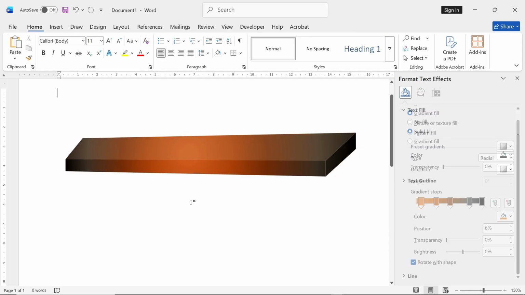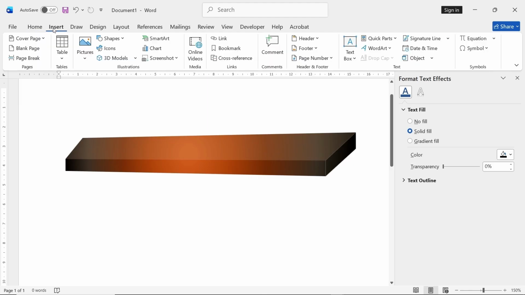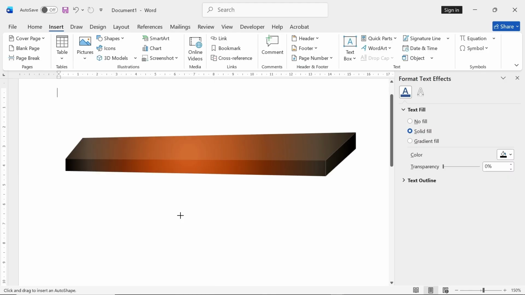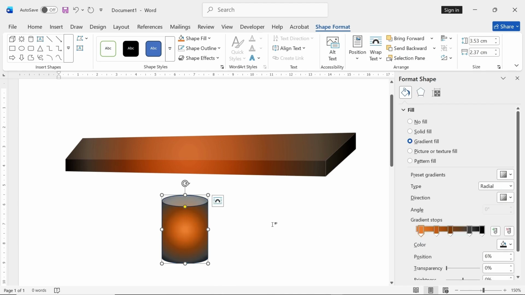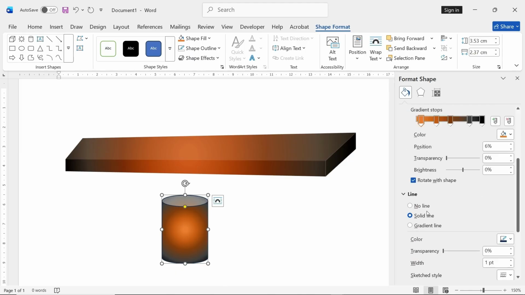You can make other objects the same way, and now that you have the gradient set, it's very easy. So go Insert, Shapes, then you take the cylinder, for example, go Gradient Fill, and then I'm just going to take out the line, no line,